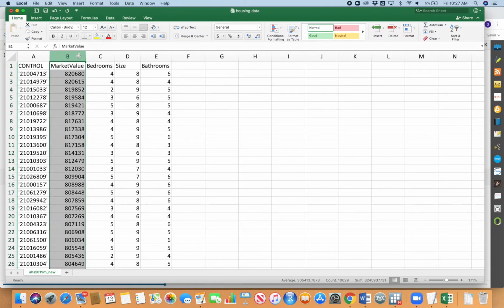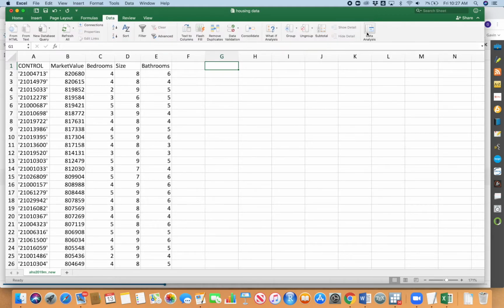Now, this is a pretty big data set. It has more than 10,000 individual houses. It's currently sorted by market value, so from highest to smallest. So the most expensive house in our data set is worth about $820,680 right there. And so let's start with a simple linear regression